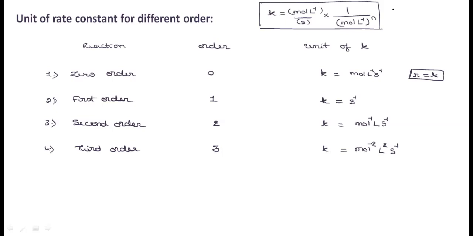This can be remembered with the general expression: rate R is equal to K into concentration of reactant power n. If you rearrange for K, K is equal to R into 1 divided by concentration of reactant power n. Now the rate R unit is mole per liter divided by second. Again it is a concentration, hence mole per liter. So n represents the order. If you remember this, you can easily write the unit for K without any confusion. With this, we'll go for the next concept.